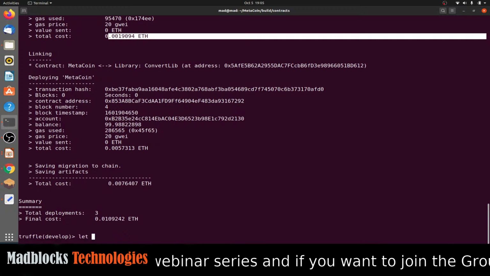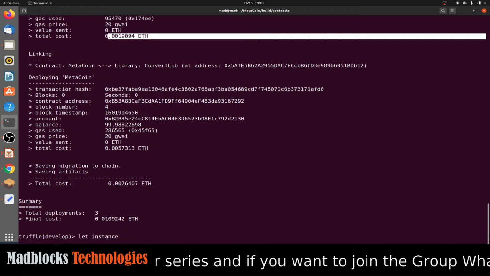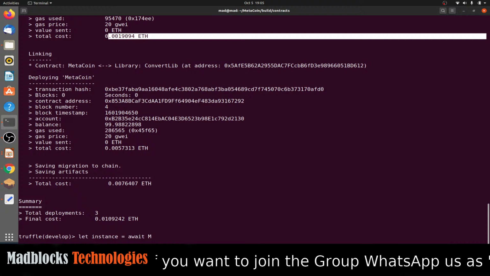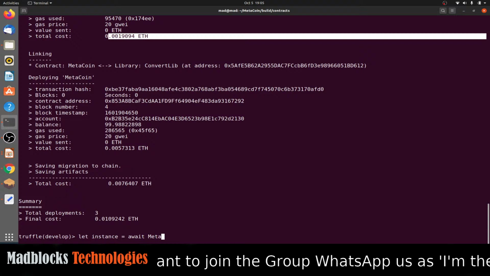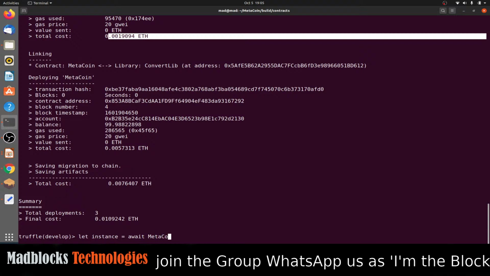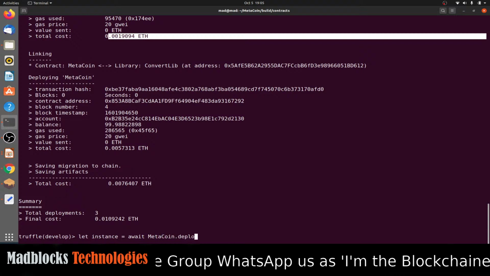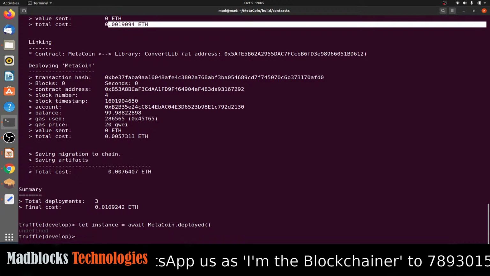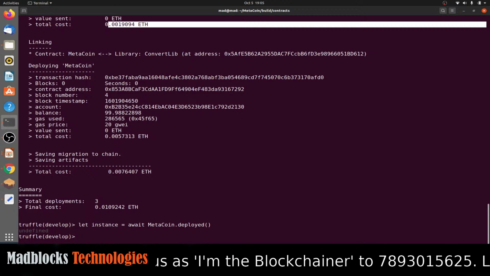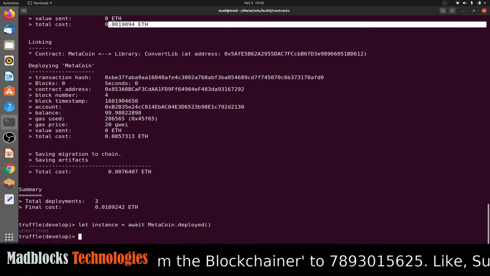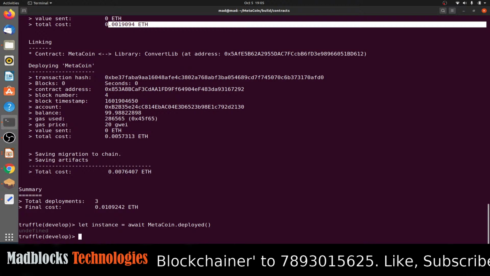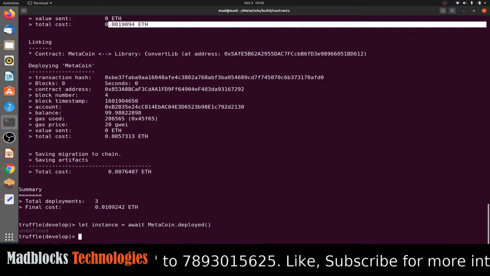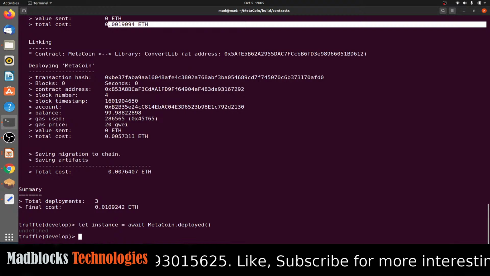let instance equal to await metacoin.deployed. We have to create an instance of the deployed address, so that is why we have to do that. We have to establish a communication between your smart contract and the CLI by using this instance,